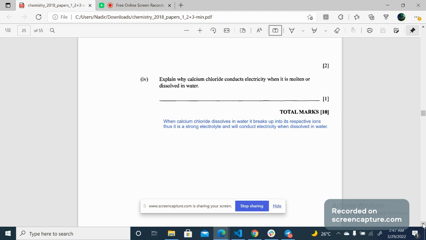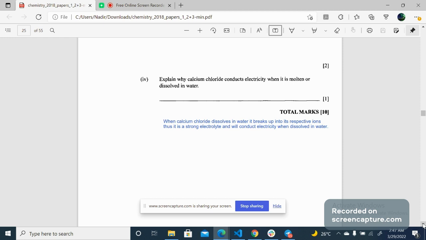Because it does so, it is classified as a strong electrolyte. Because in an electrolyte we need to have ions. If there are no ions, then the electrolyte is not an electrolyte in the true sense, because an electrolyte at last has to support electrical conduction, and this is only possible through the presence of ions. So when calcium chloride breaks into ions, it works as a good electrolyte because it then supports electrical conduction through itself.